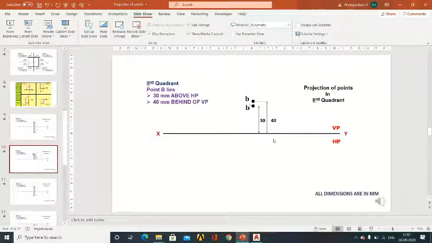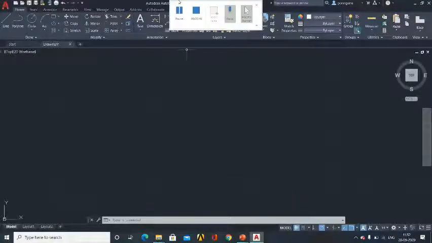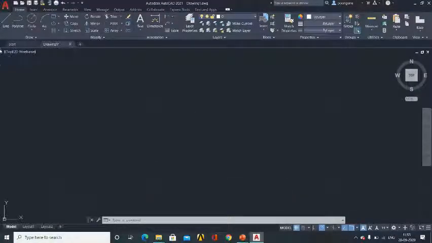Now we will try to draw this in AutoCAD. So go to AutoCAD. Since I have already set the units and limits, that is not a problem. Still, I will remind you: units is to make sure that you have the unit in millimeter, and limits is to make sure that you have A3 size. A3 is the size of the paper, which you know already. A3 size paper is the layout in this particular AutoCAD. So that is the reason.